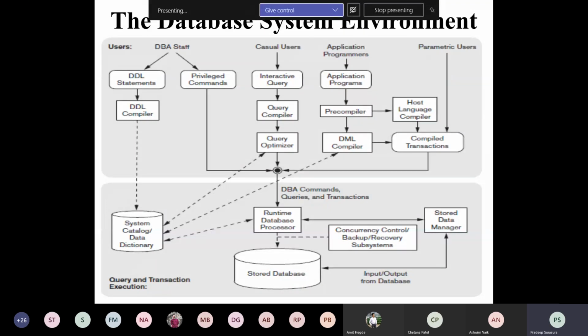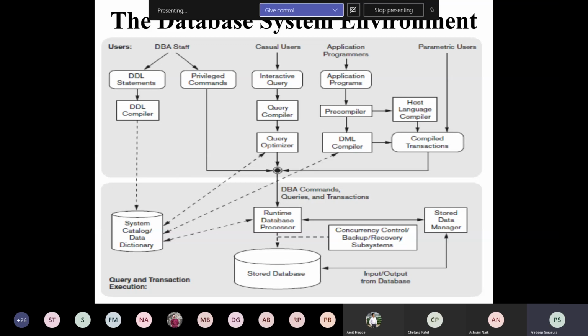Just observe: at the low level is the storage device. At the top end there are different types of users. Here you will see only users as actors on the scene, not workers behind the scene.